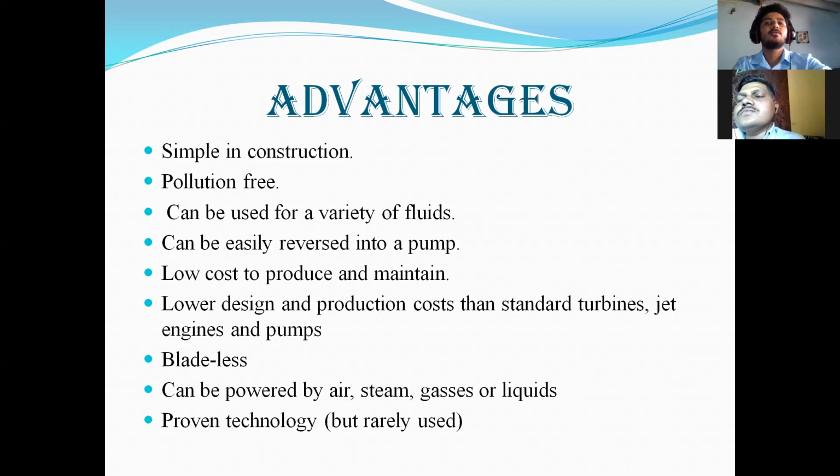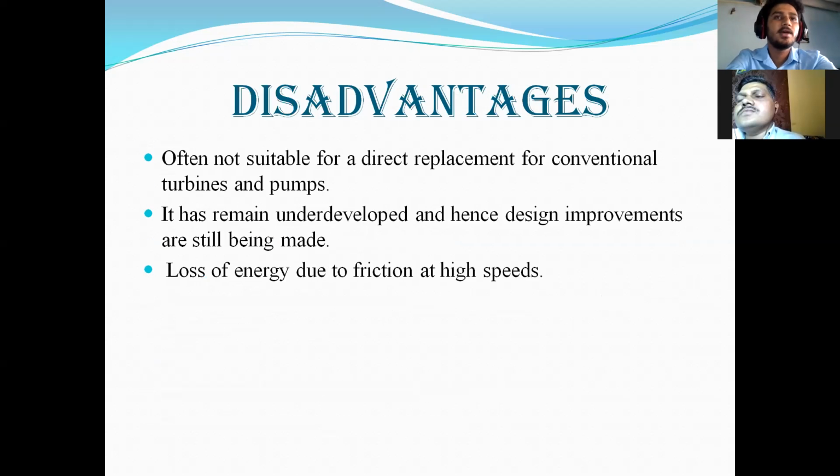Now we come to the disadvantages. The main point, as we said before, is that they are proven, but they are not replaced by conventional turbines, because conventional turbines are mostly used to generate high torque. But here the high torque that we expect is not obtained, because it produces the energy, but we need the main part to be high torque.